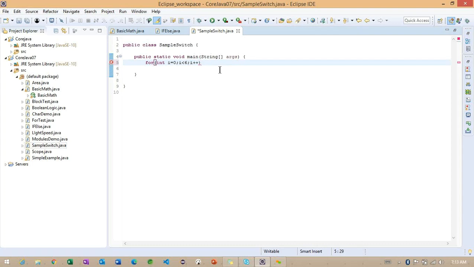After that, I am opening the block of statements here. So here, switch. The switch here I am making i. And after that, I am making case details here.